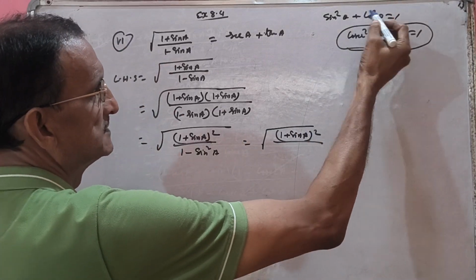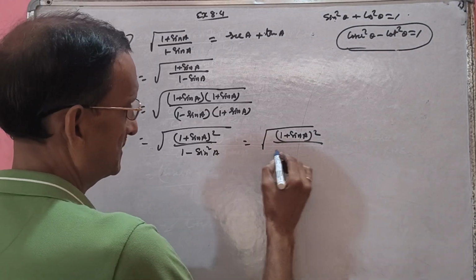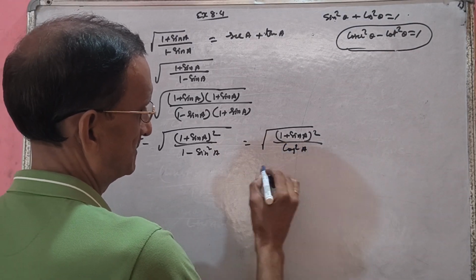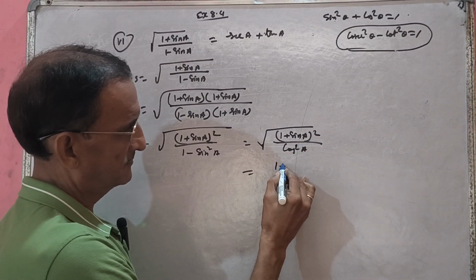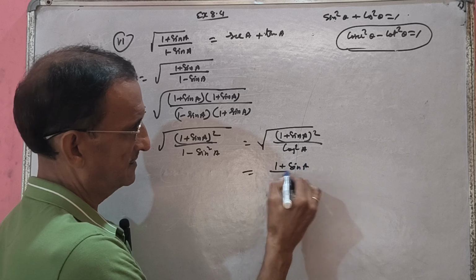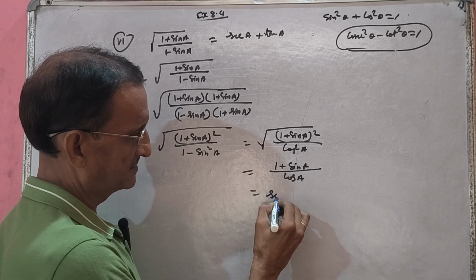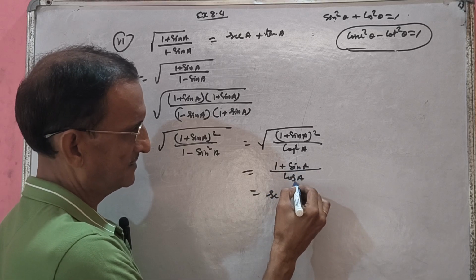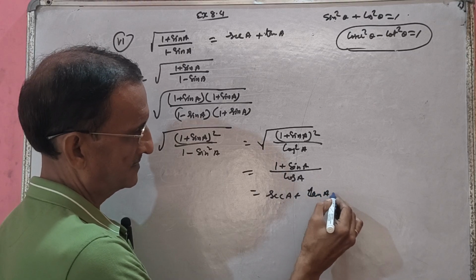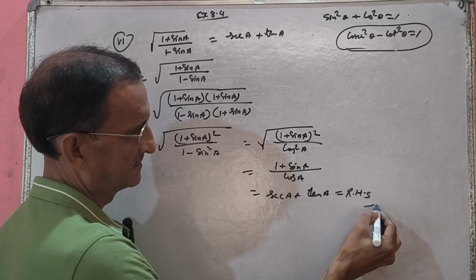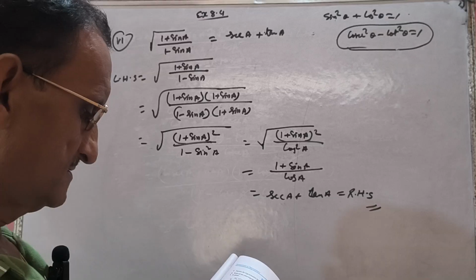What is 1 minus? See, 1 minus sin square theta is what? Cos square theta. So, can we write here cos square A. Now both square can be removed with the square root sign. So what you will get? (1 plus sin A) by cos A. Separate it. 1 by cos A, what you will get? Sec A. And sin A by cos A, what you will get? Tan A. And what is this? This is the right hand side. Okay. So enjoying it, very easy to understand.